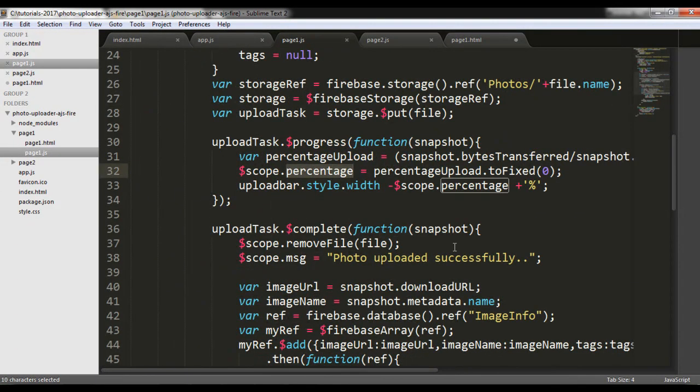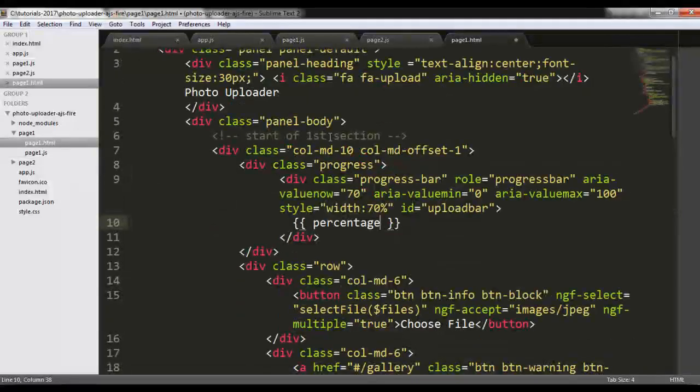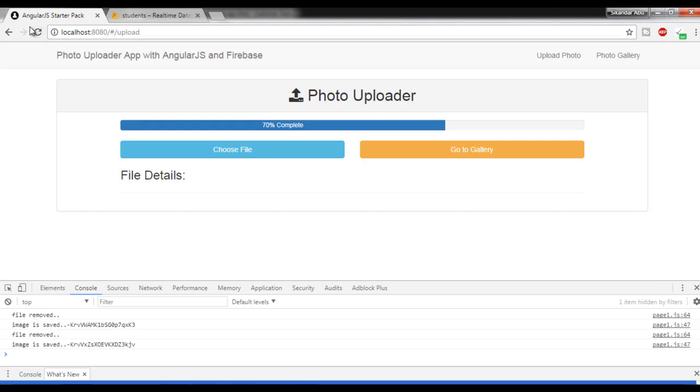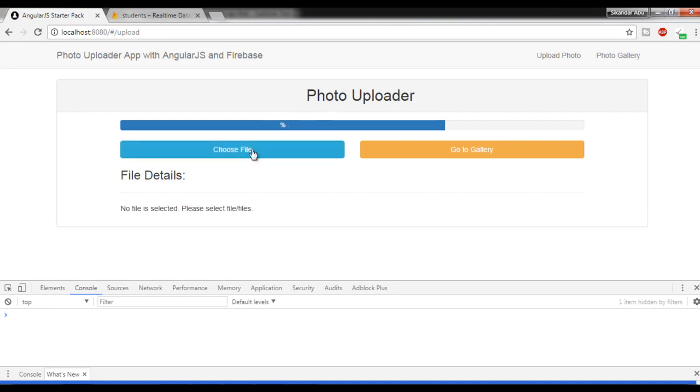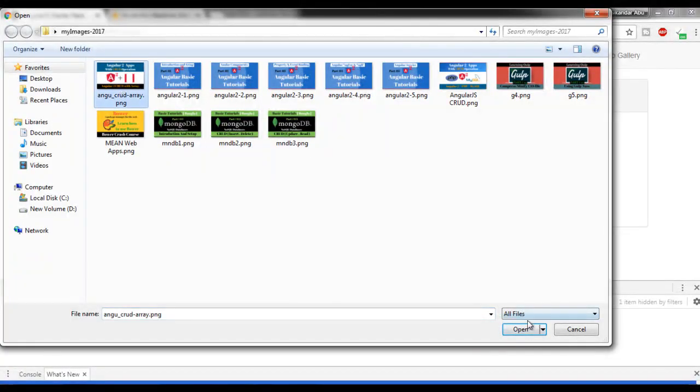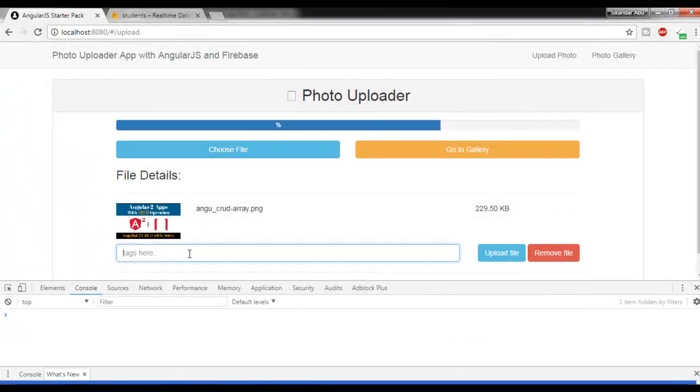Okay, going to save it and refreshing the page, and here is the message no file selected, and one more time I am going to select a file,